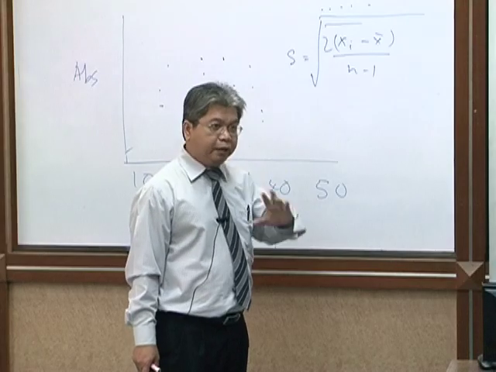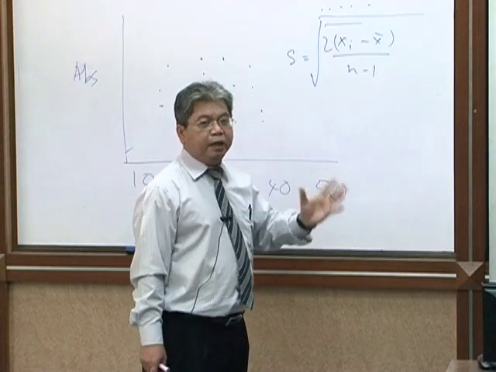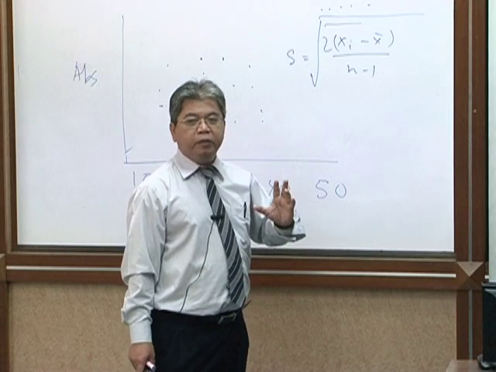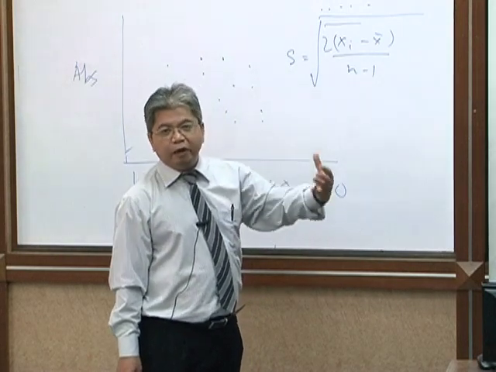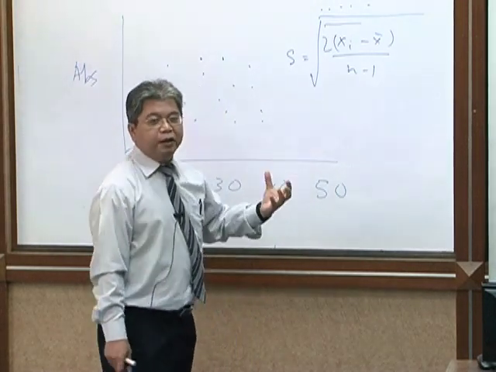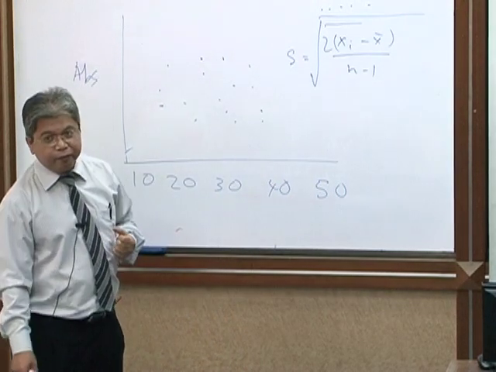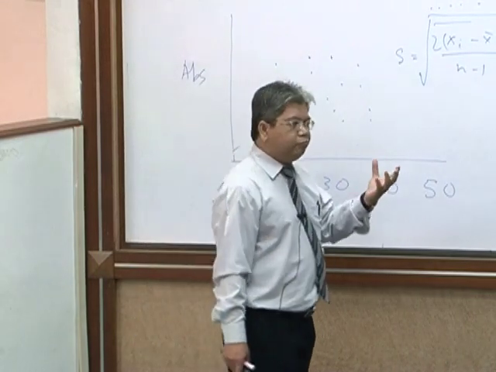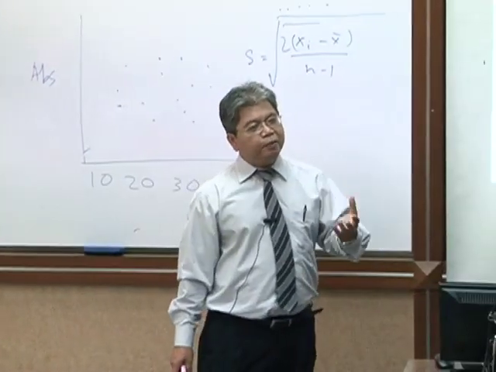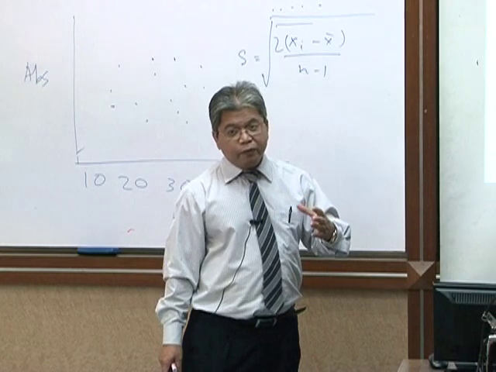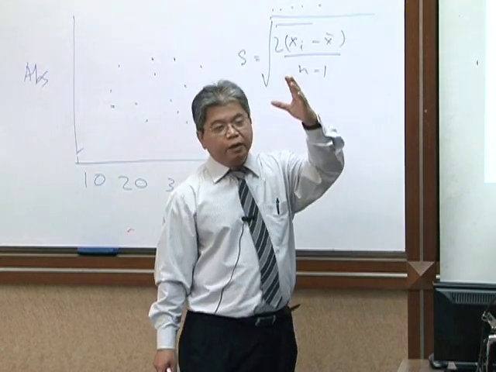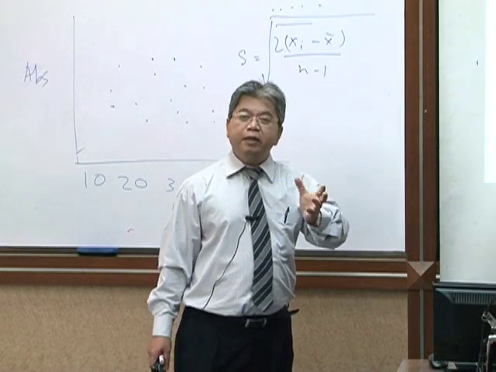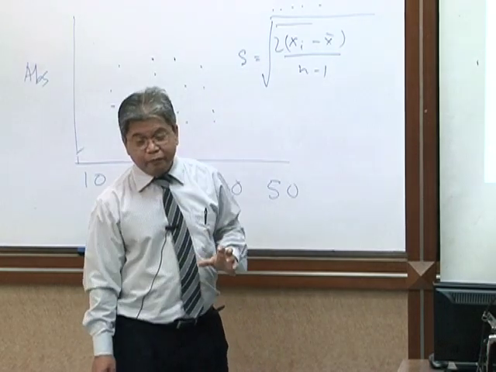Let's say 95%. What does 95% mean? If we say the R square value is 0.95, meaning that 95% of the variation in Y is explained by X. If R square is 0.95, 95% of the variation in Y, how Y varies, is explained by X. The other 5% is explained by other variables.